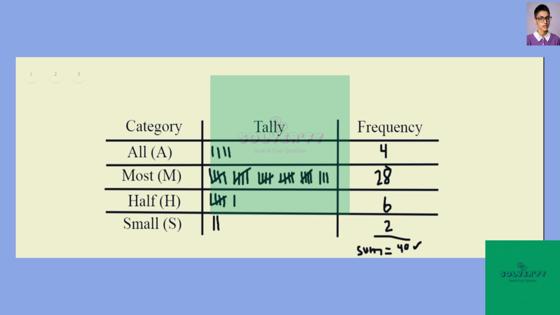So then if you needed to answer questions about the mode, M would be the mode. If you needed to figure out the distribution, it is very swayed in most, and then as you move away from the middle, it continues to decrease from there. So there are all different types of questions you could answer, but it's also just a nice summary to say, here are the results of the